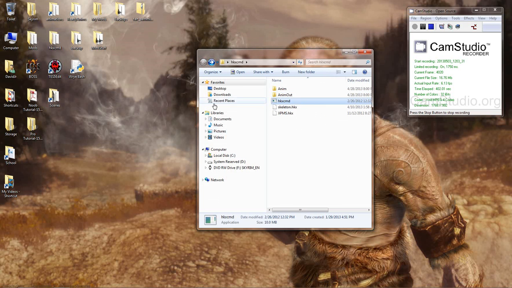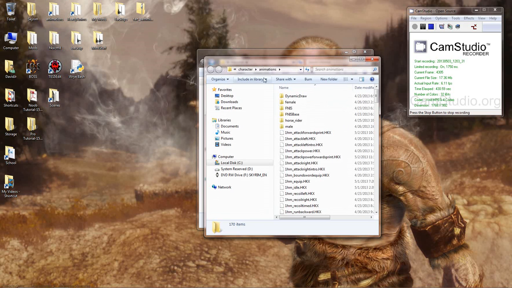Alright, what you do is you make a folder. Like I got my Hkx CMD folder here, right? And I made these folders myself. You just make a folder that you want to put the animations in that you're going to convert, and then you make a folder that you want them to go into when they convert to KFs. Alright, and then, since you extracted those animations, you're going to need the skeleton. Pretty sure the skeleton extracts too, and you can find the skeleton Hkx in